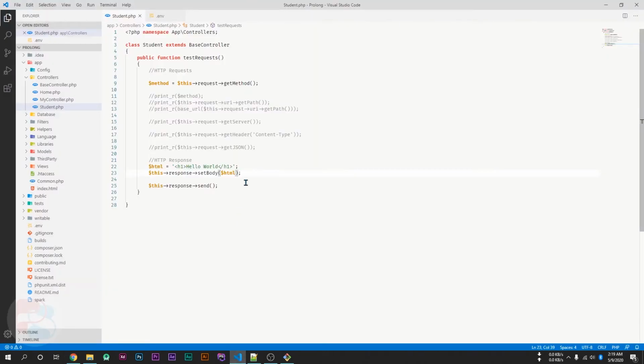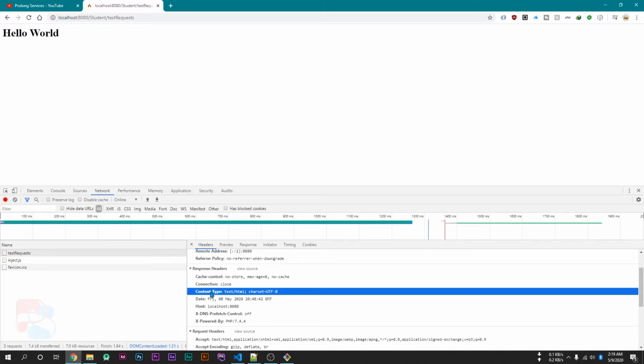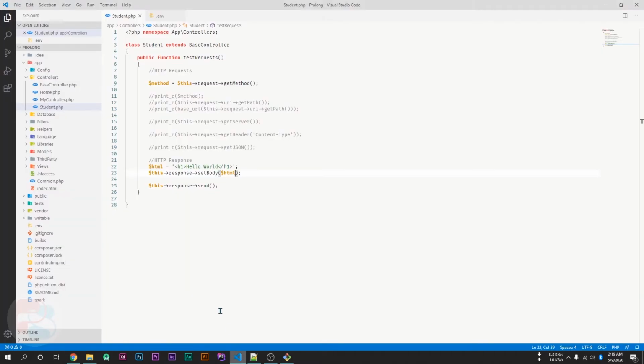We can also customize this content type. So if I want to customize the content type, which is part of the headers, I'll set the header like this: setHeader Content-Type, the type, which is text/HTML by default.